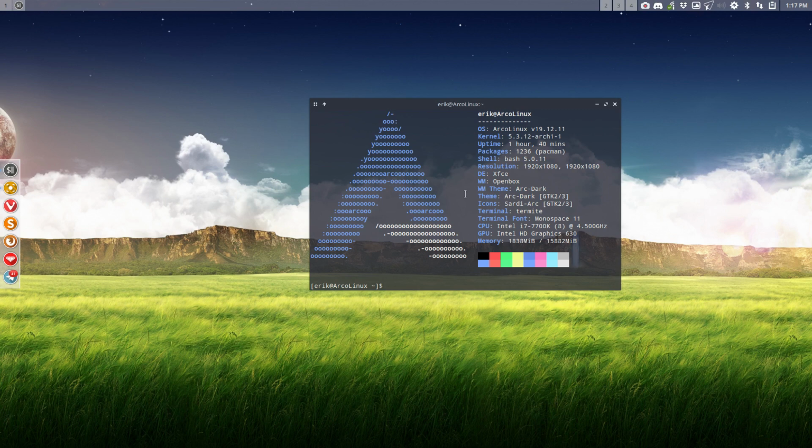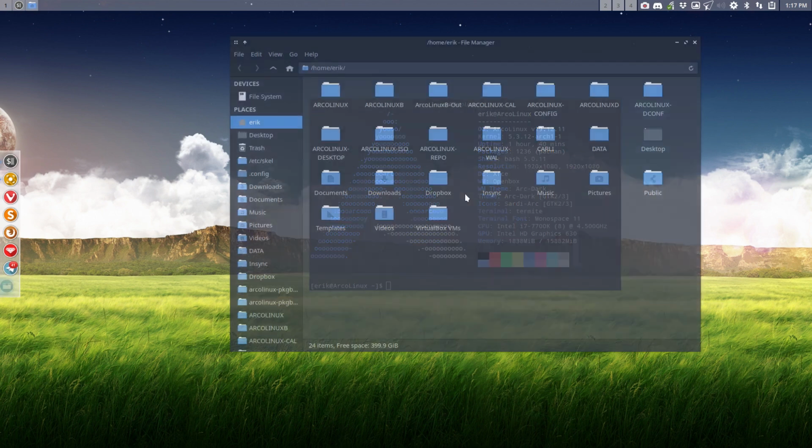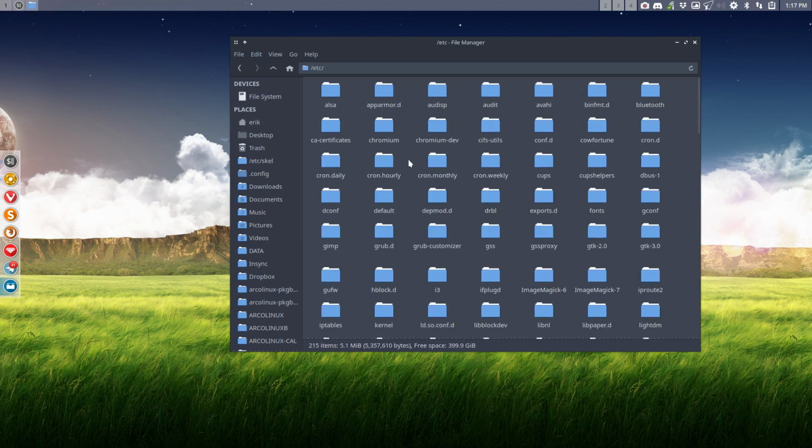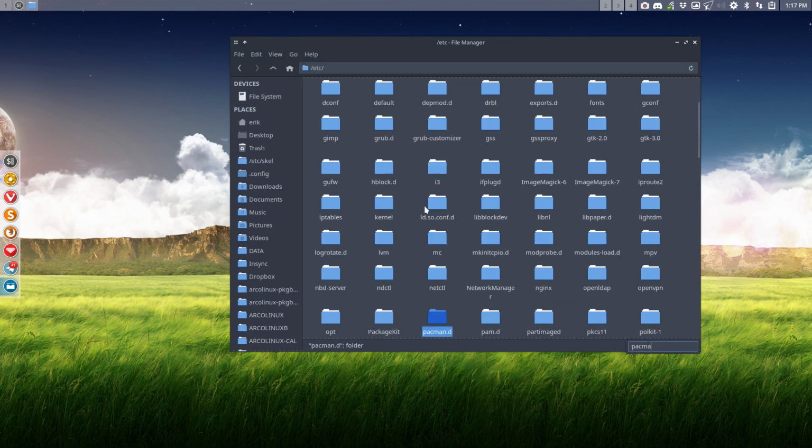This video is going to be all about mirrorlist, and it's actually one of the most important things on your system. Well, that and Pacman. And Pacman is your package manager. So if you want to install something, you do sudo pacman -S, and that's installation, and R is removing. So great, but where is it going to get its packages? It's going to look around in the world and see what servers are around here.